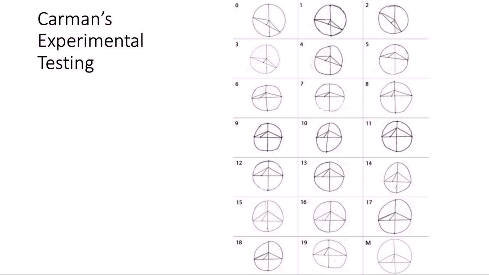In these tests, he began with a diagram drawn according to modern perspective techniques, a generalized diagram, which was given to student number 1, who was asked to make a copy of the diagram. Student number 1 makes a copy. This copy is given to student number 2, who is asked to make a copy of the copy, etc. And finally, at the end of the transmission process, at M, we reach a diagram which is very similar to diagrams we find in medieval Byzantine Greek manuscripts.